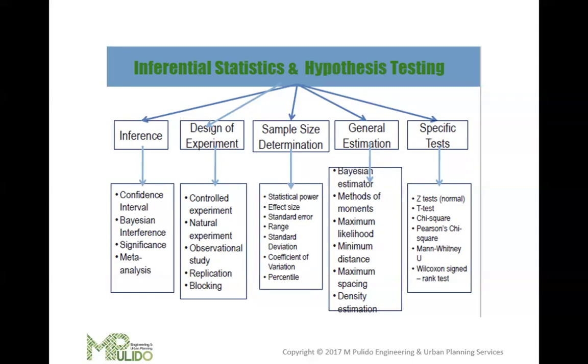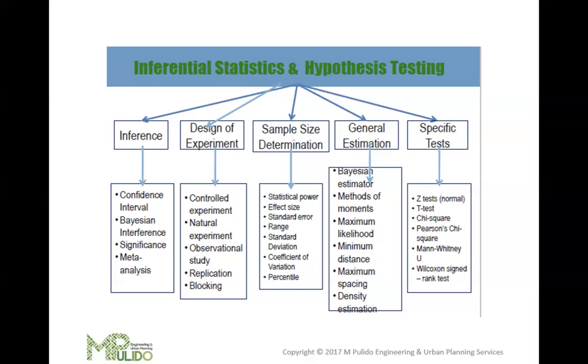Bayesian estimator incorporates prior knowledge along with the current data to make inferences. For example, estimating disease prevalence using prior studies and current data. Method of moments is estimating parameters by maximizing the likelihood that the observed data occurred. Example, estimating the rate of occurrence of an event in a Poisson distribution.